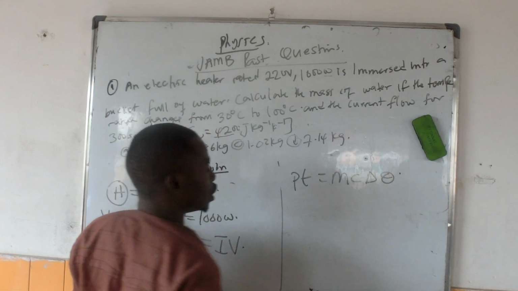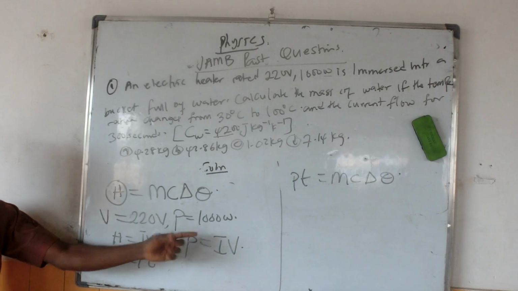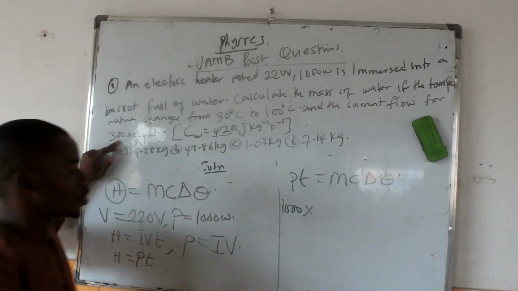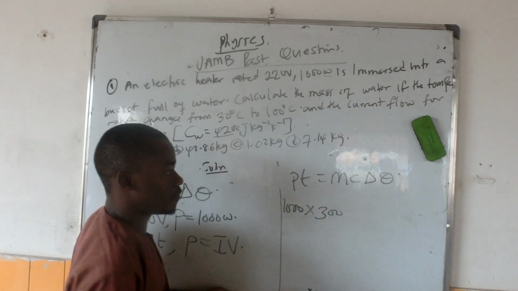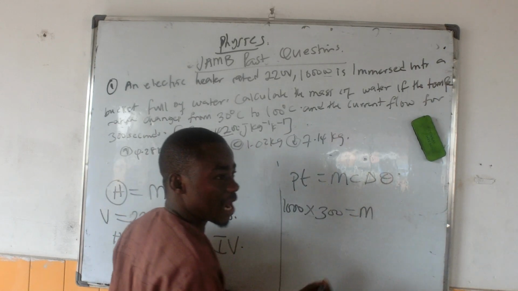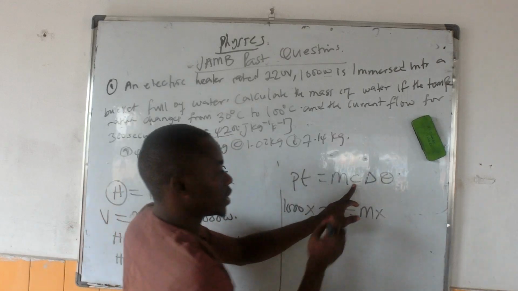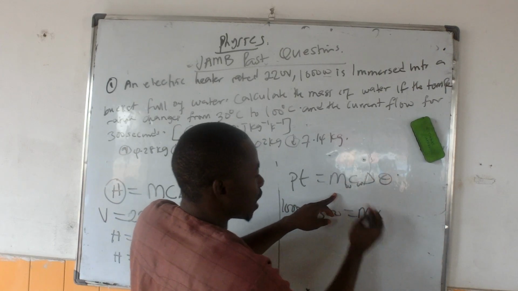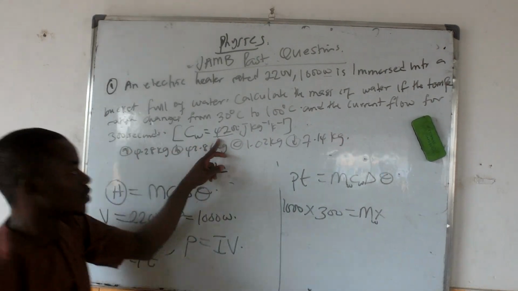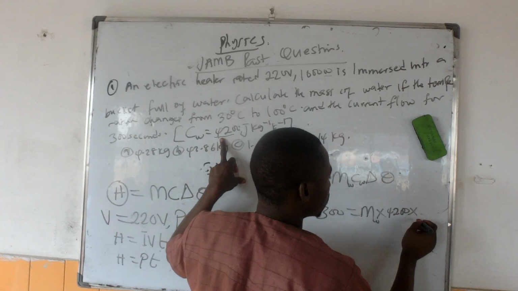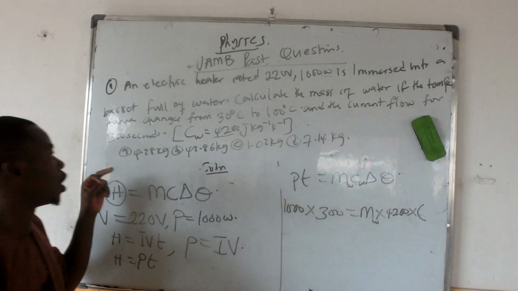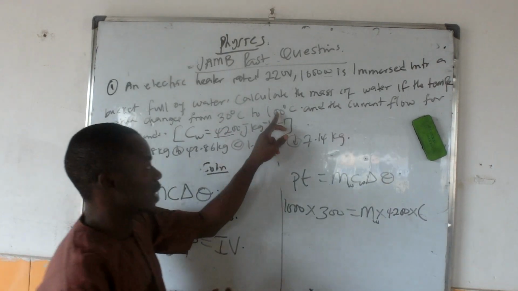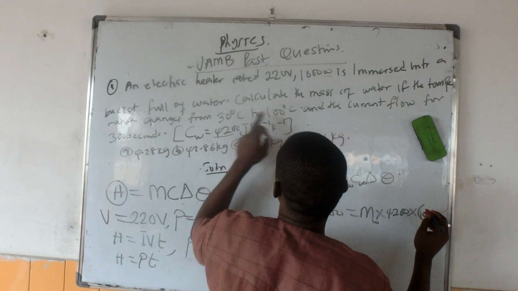MC change in theta. So if you look at what we are given, power is 1000, multiplied by time. Time given is 300. Thank God it is in seconds, 300, you don't have to convert. Equal to the mass that you have to find, multiplied by the specific heat capacity. We are dealing with water here, so this is the mass of water, multiplied by the specific heat capacity of water, which is 4,200, multiplied by the change in temperature. Change in temperature is from the final temperature to the initial temperature. So the final is 100 minus